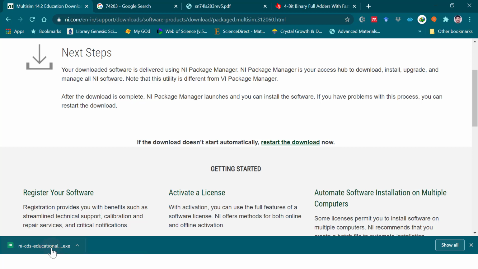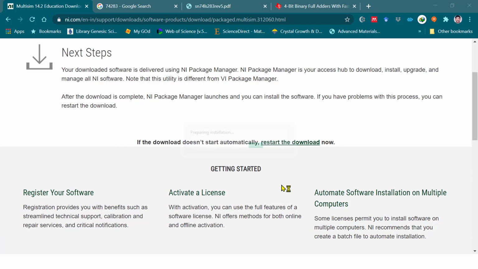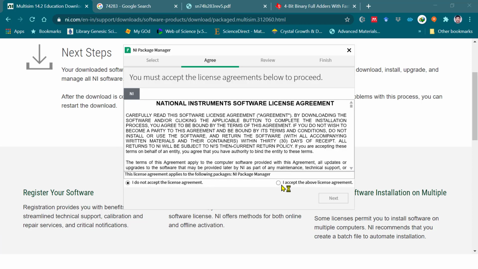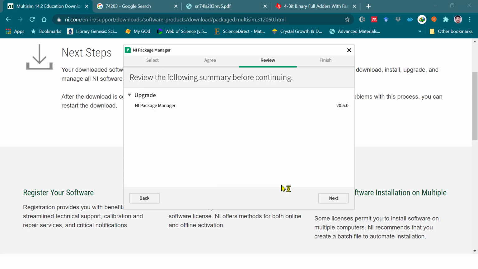NICDS. When you double click it, it's going to show you NI package installer. That means it's going to install different packages which are needed to run Multisim. Then you accept all the license agreements.